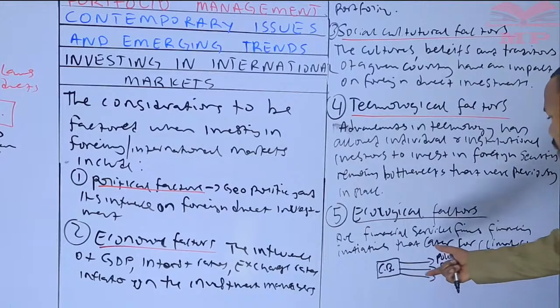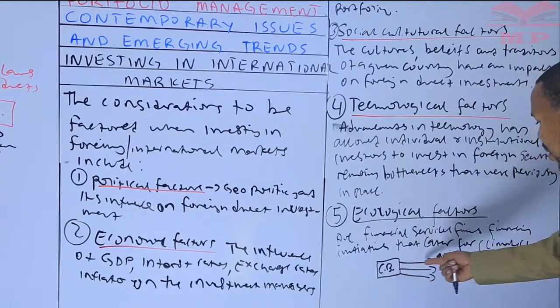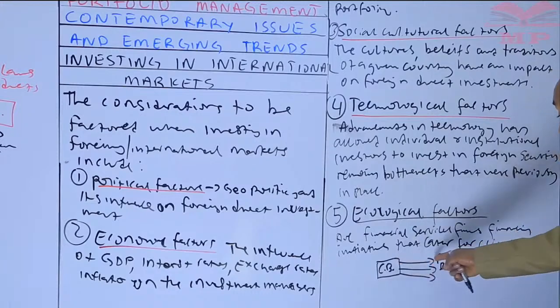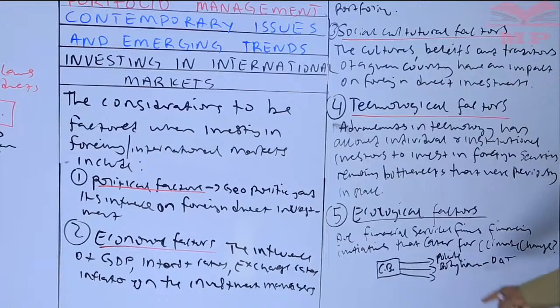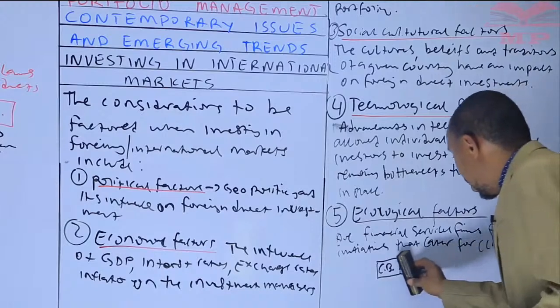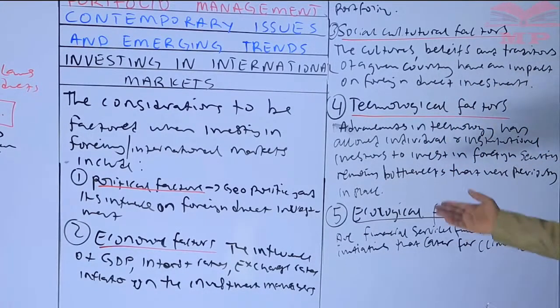So what are commercial banks' activities geared towards? Are they geared towards polluting the environment or providing finance to firms that pollute the environment? Or are they providing loans to institutions that are going to produce products that cause bodily harm, including cigarettes, alcohol, and so on and so forth? That's what we should be able to consider under the ecological factors.